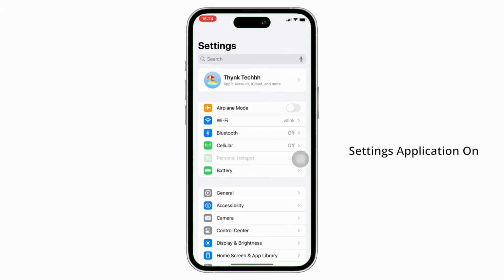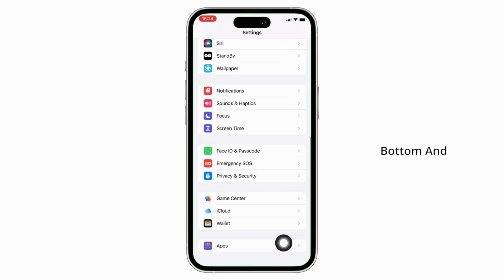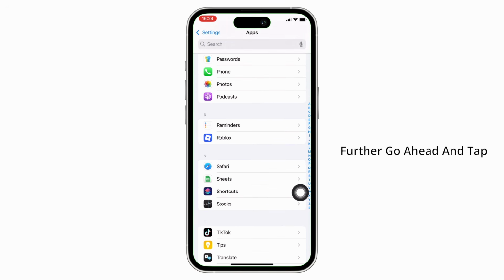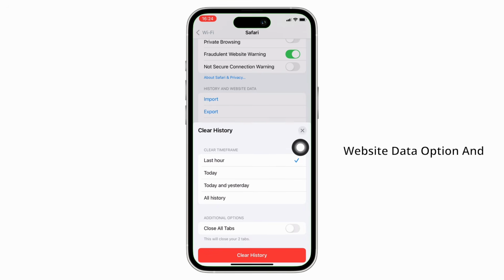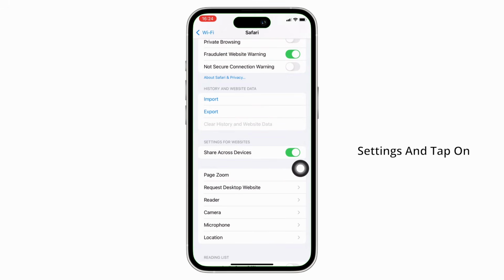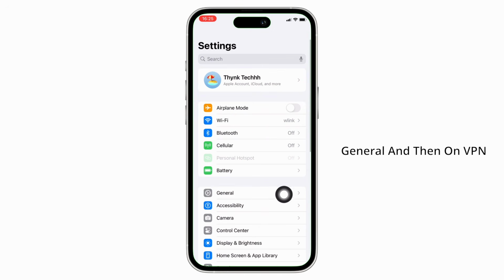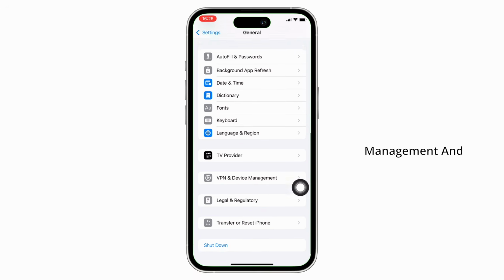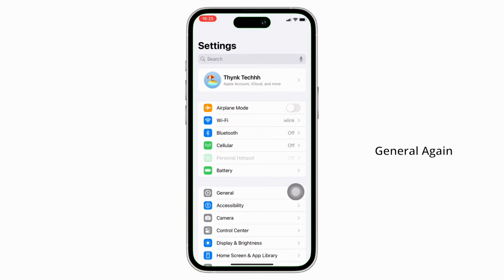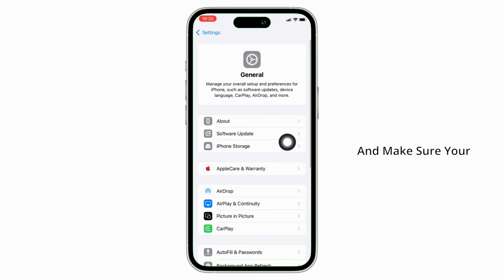Further, launch the settings application on your device and then scroll down to the bottom and tap on apps and then tap on Safari. Further, go ahead and tap on the clear history and website data option and confirm the action. Once cleared, go back to settings and tap on general and then on VPN and device management and delete any unknown profiles. Now go back to general and in general again, tap on software update and make sure your